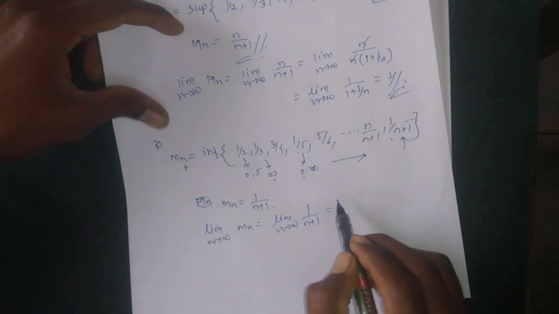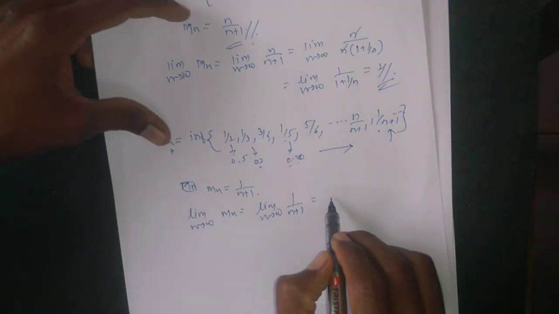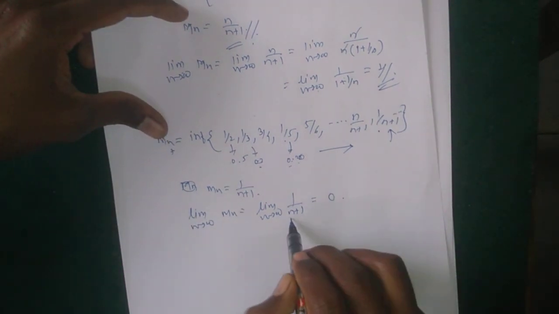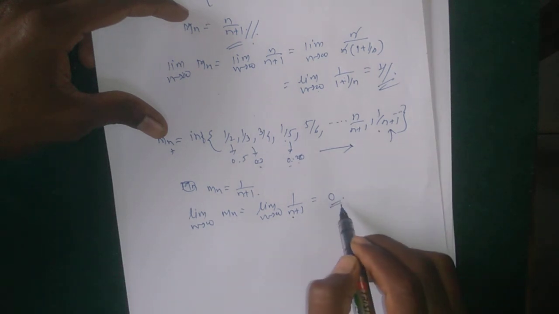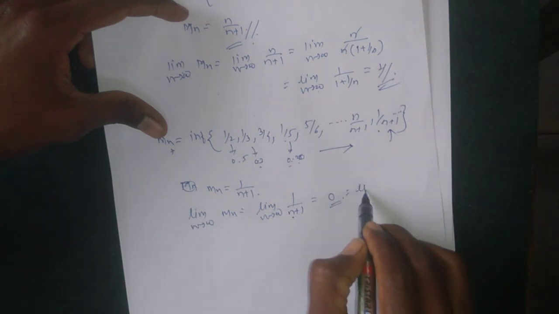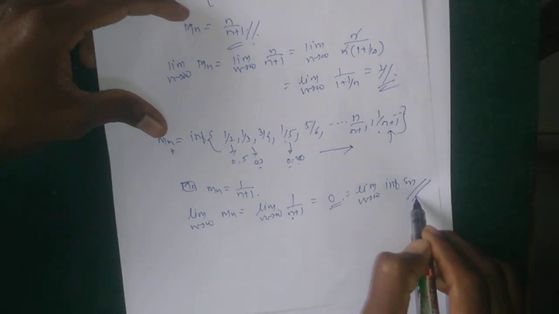We get the value 0, when n tends to infinity, 1 upon infinity is equal to 0. This is the infimum of Sn. Okay, so this is one example of our